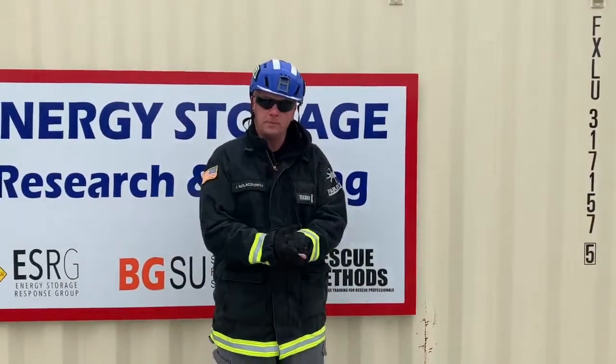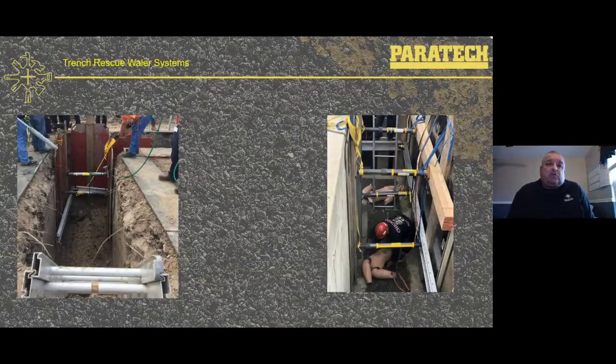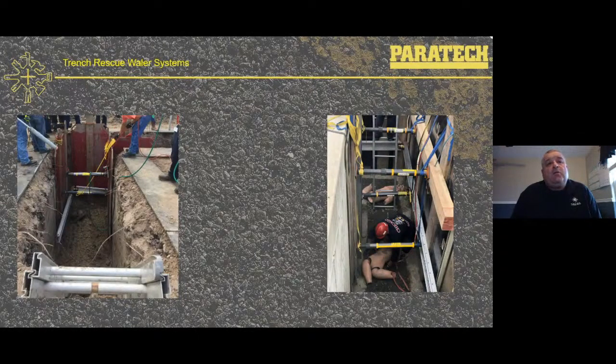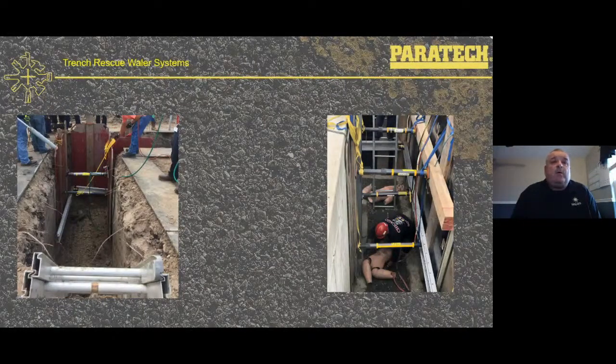It's that simple. If you take a look at the picture on the left, it shows the bottom Waler is in place, or they're actually bringing it into place. When you place your bottom Waler in, the bottom Waler needs to go in first before any of the struts go in. That way you're not trying to feed the Waler through struts to put it into place. By placing the bottom Waler in, you may have to place the bottom Waler and also the center Waler, depending on the depth of the